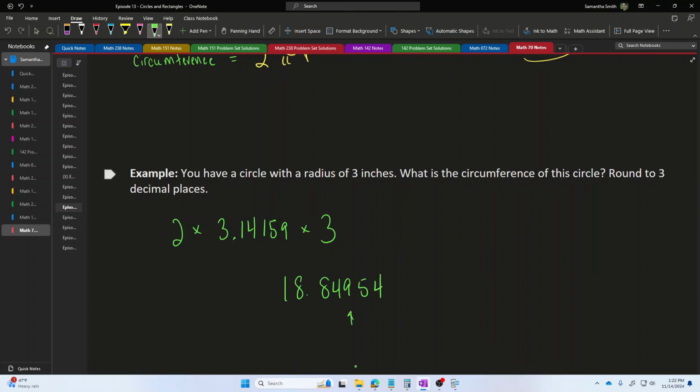If I were going to round that to 3 decimal places, then I would look at the digit in the 4th decimal place, and that's a pretty large number, 5. So I would increase this value by 1 unit, turning it from 9 into 10. And since that 10 has exceeded what can fit in a single digit, it'll roll over and it will affect this 4, and it will turn 49 into 50.